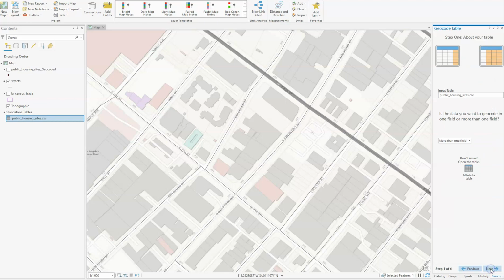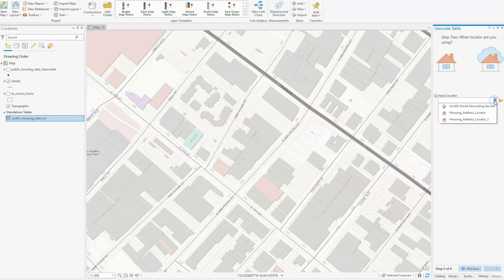So if you just click start, and it's going to be more than one field, we'll just leave that. So now it wants to know what input locator we're going to use. Yours is going to be different than mine, but we're going to use ArcGIS World Geocoding. So you need to be signed into your ArcGIS Online account, and you'll know you are if it's in the upper right-hand corner of ArcGIS Pro. It'll show that you're logged into College of Western Idaho. So click on this,